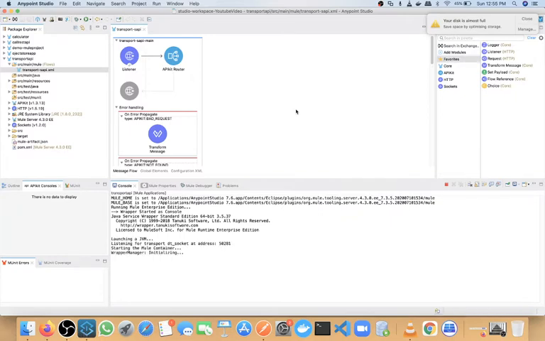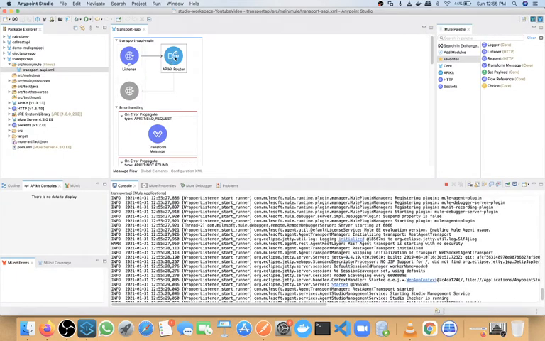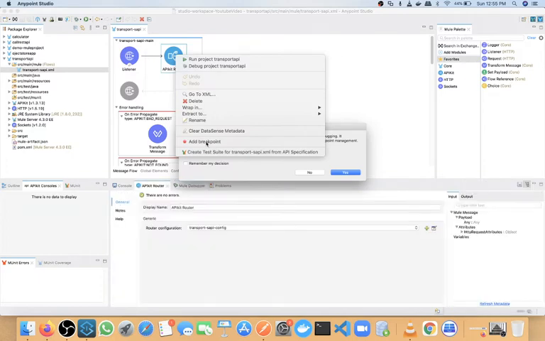So in debug mode you can add a breakpoint and you can see where exactly your API is failing, and you can analyze your API. Either you can analyze step by step, or you can add a breakpoint and directly reach that particular breakpoint. Okay, so in this case I will add one breakpoint here.